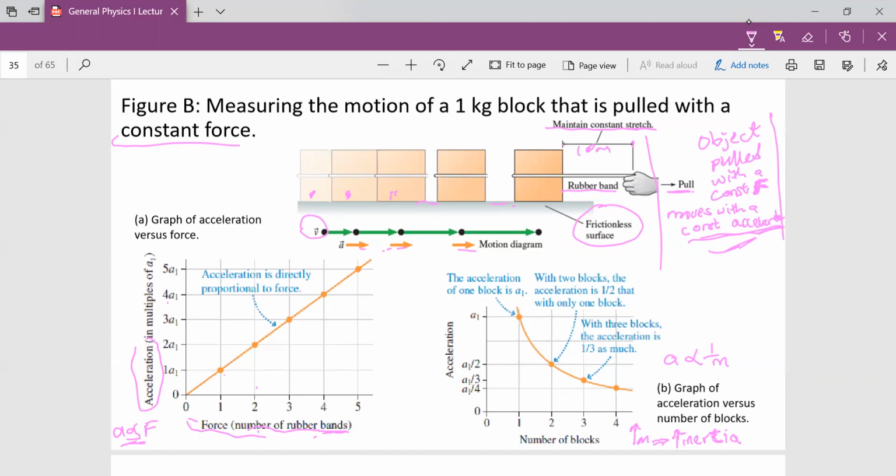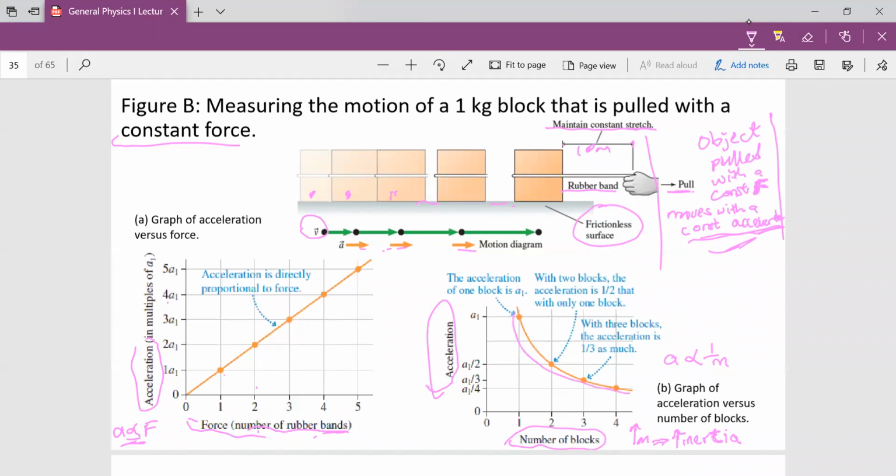We discovered something striking about the acceleration. In the first instant, we were experiencing an increase in acceleration. But when we removed all the rubber band and then started increasing the number of blocks instead of rubber bands, acceleration reduced, and it reduced in a defined pattern. When we made the graph of acceleration versus number of blocks, we see this kind of graph.